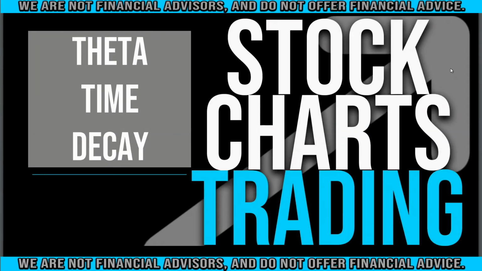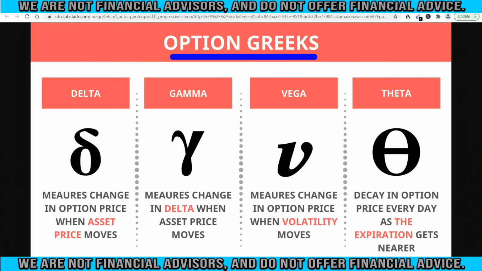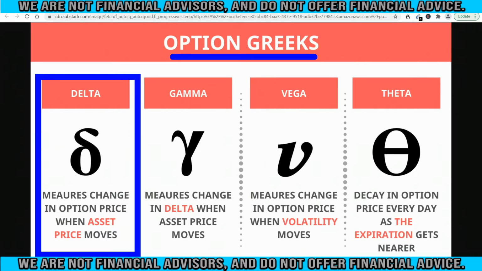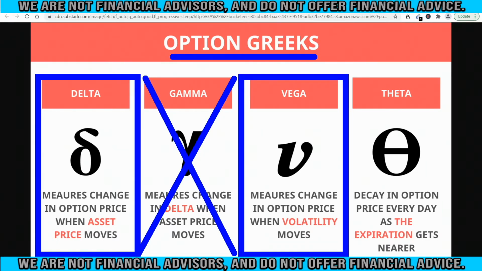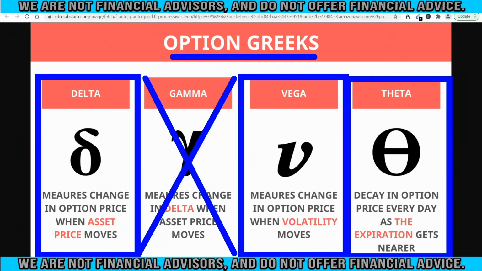Theta, time decay. Here are the four major Greeks on options. Delta, the measure of the change of the option price when the asset moves. Gamma, I'm going to take off because it has to do with the delta. Vega is the measure of change in the option price when volatility moves. And the thing that we're going to highlight today is theta, the decay of an option price every day as